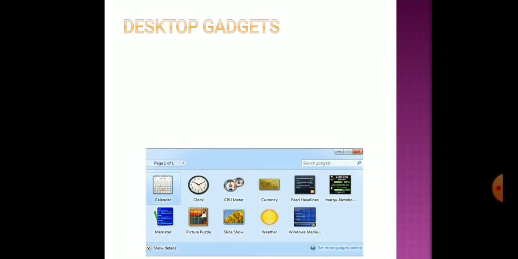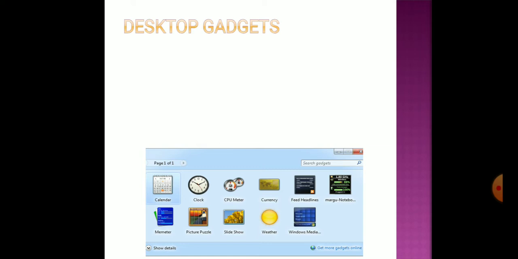First topic, desktop gadgets. As we already know, the first screen that appears on the monitor after loading the operating system is called desktop. On the desktop we have seen some icons and folders, and at the bottom of the desktop screen we have seen the taskbar, with many sections.